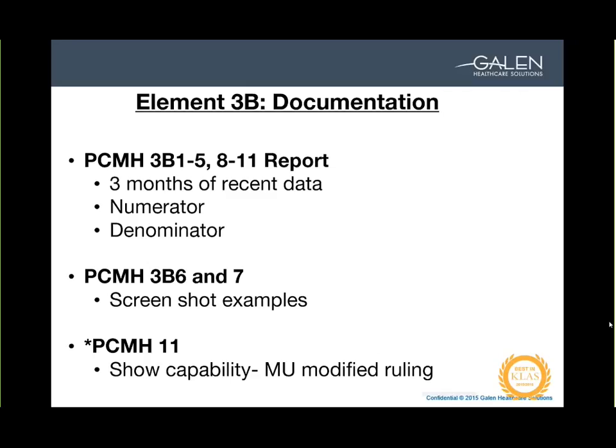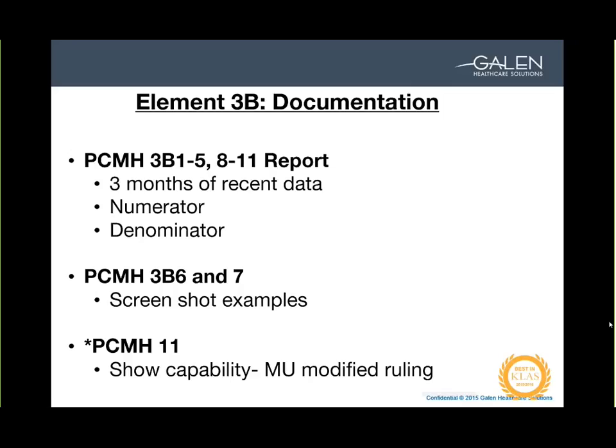So just make sure, if you are no longer tracking them because you haven't looked at them and you're only looking at modified reports, you really need to have visibility if people are still tracking and getting to the threshold they need for the PCMH recognition. Same story, 3 months of data, numerator, denominator. For 6 and 7, I'll show you some examples. You need screenshots. And then lastly, for 11, you can give them a numerator and denominator, or you can show